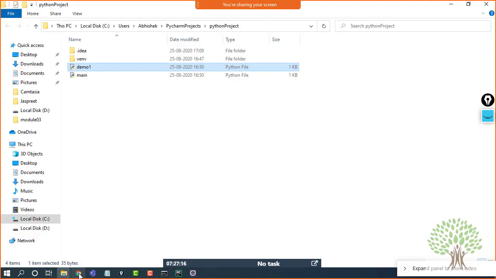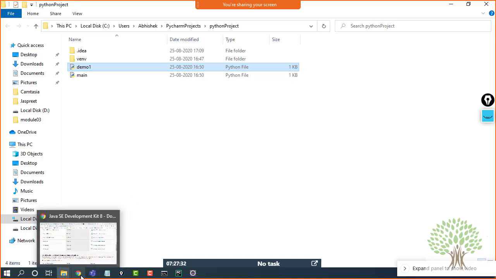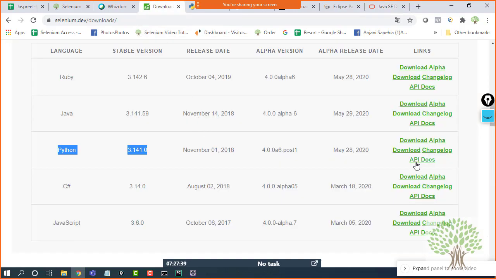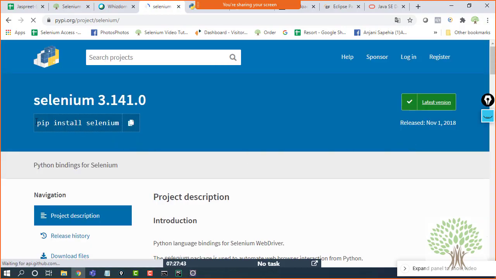Okay, so this was about installing the programming language, and the place where we're going to write the code, the IDEs. And now moving to the heart of the course, that is Selenium itself. So installing Selenium is very easy. I'm going to take you to the official website of Selenium. And over here if you go to the download link, this gives you a command. This is a command that has been given to you, pip install selenium.